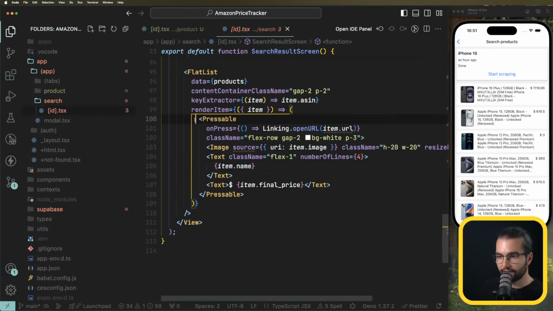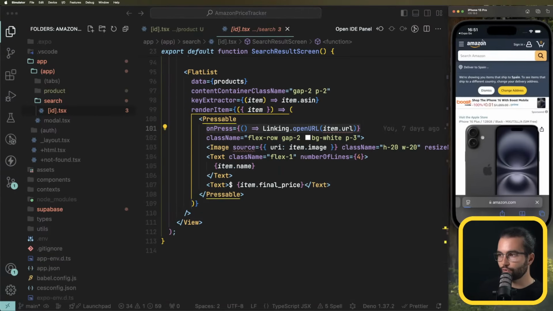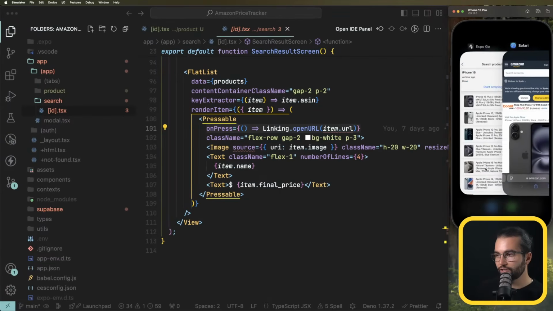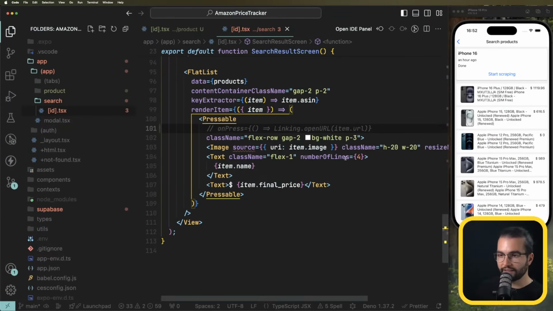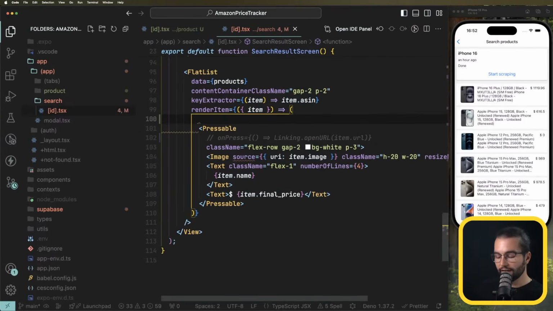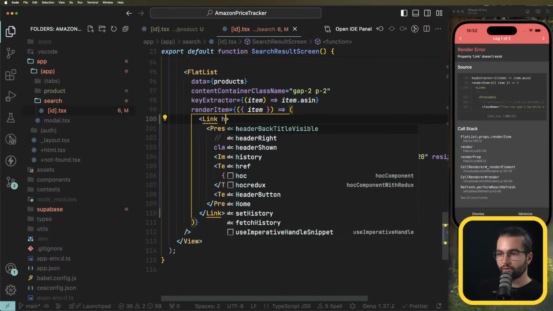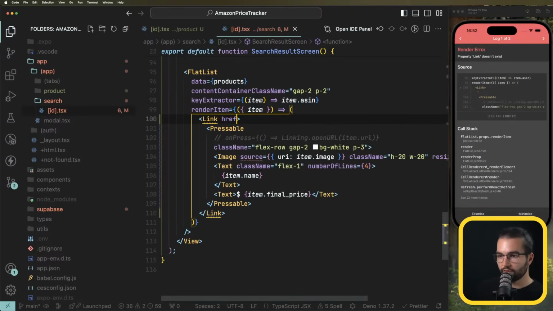We have here the pressable. This on press that opens the link which redirects to Amazon, we're gonna need it on the details page, so I'm not gonna delete it, but I'm gonna comment it out. And the whole item, I'm going to put it into a link